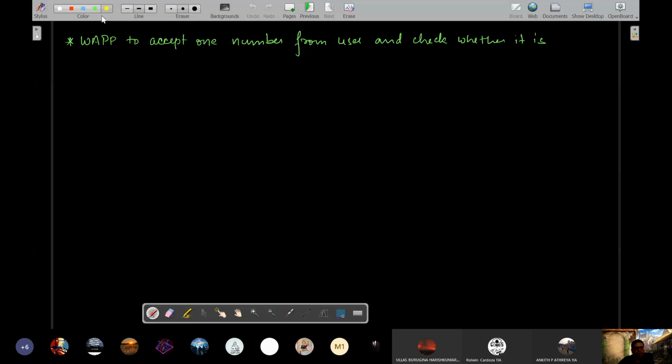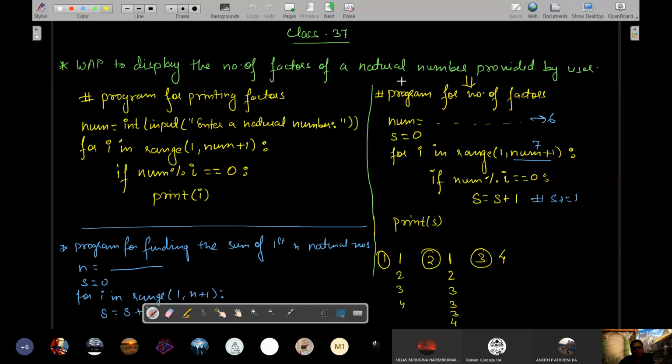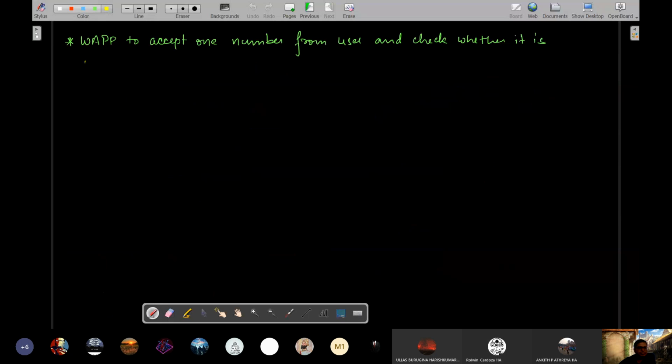Okay. Now, what will we do here? First of all, in order to find whether a number is prime or not, you will have to find the number of factors. So this program you will have to write for sure. Yes, sir. Okay. So up to here this program will be the same, because you have to find the total number of factors of that number. So what you are going to do? Same program. Find S. Num, input a natural number. And then you will write for counting.